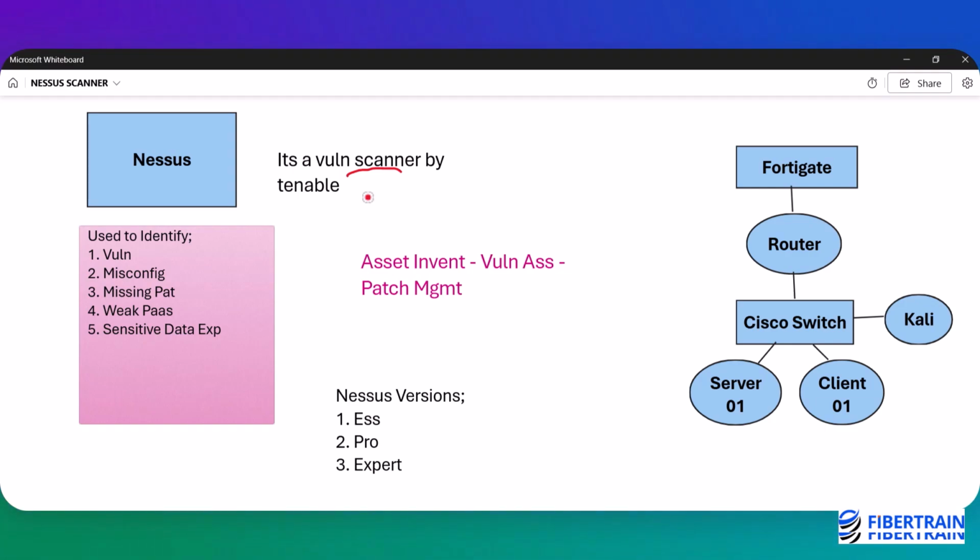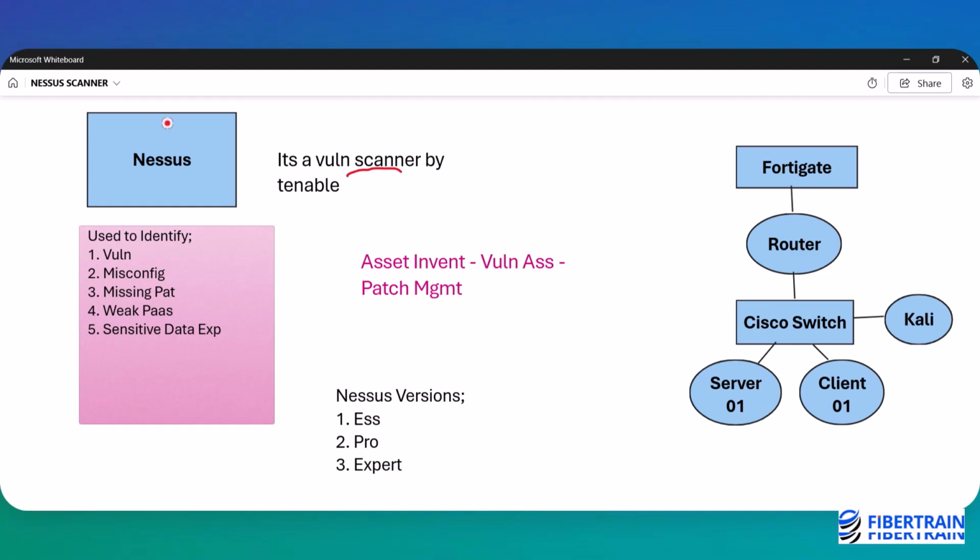So why do we need Nessus? Why do we use it? Well, there are so many answers to this as to why security professionals use Nessus. It's a very powerful tool, as I mentioned earlier. It helps IT professionals, system administrators, or security professionals to identify vulnerabilities before attackers do. So it helps you to see weaknesses that exist in your IT environment before the bad guys discover them ahead